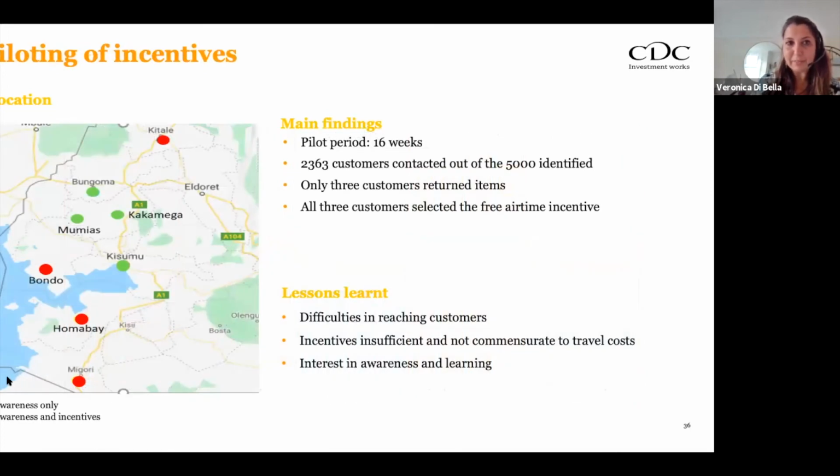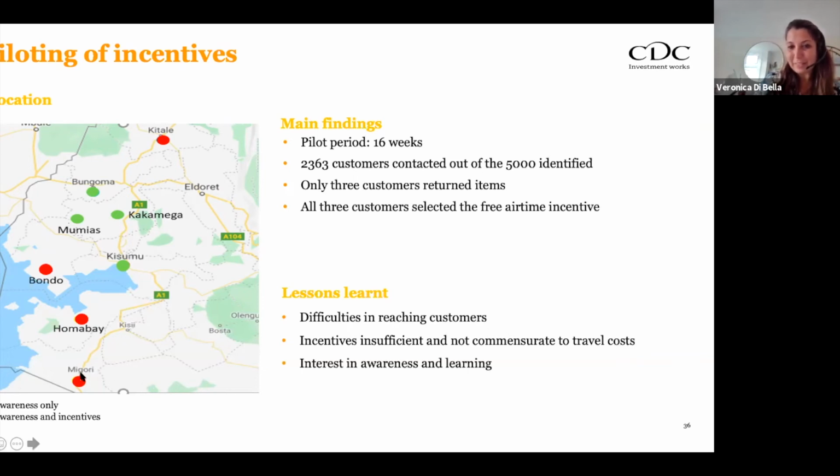After that, we piloted the incentives in Western Kenya across 8 different shops. 4 of the shops provided only awareness to the customers, whereas 4 of the shops provided both awareness and incentives. The pilot ran for 16 weeks, and the Encopa team tried to contact more than 5,000 of their previous customers. Out of these, they could only reach 2,400, and out of these, only 3 customers actually returned their items. This was, of course, not what we were hoping for or expecting, but I think it provided a